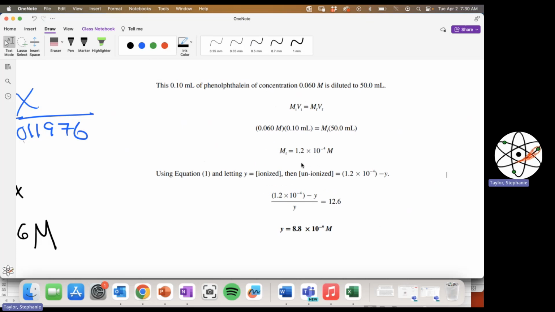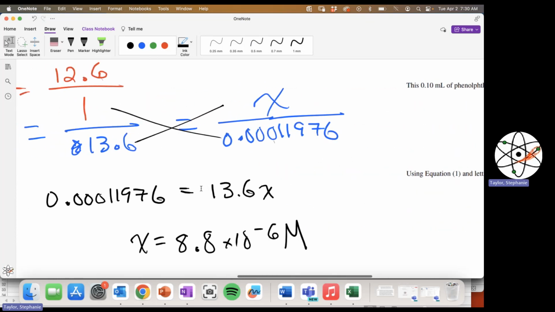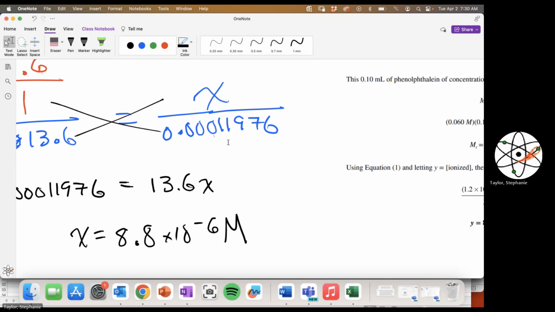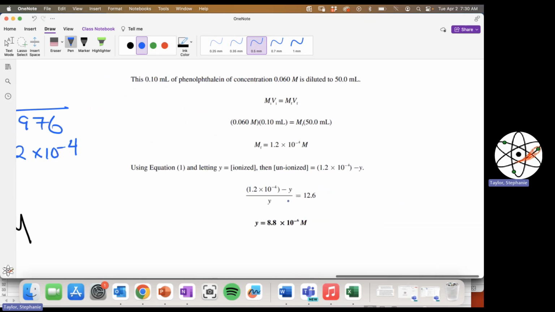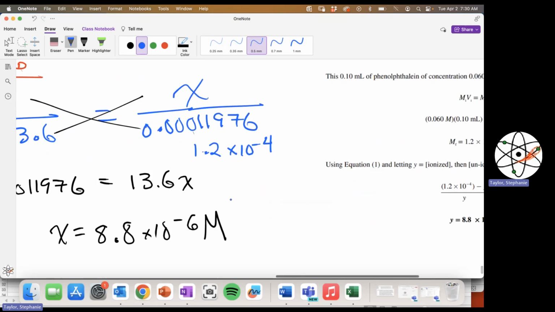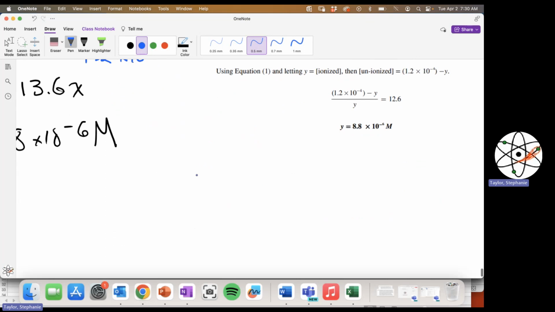And then your new molarity was 1.2 times 10 to the negative 4. Oh, I guess if I rounded, it would have been the same. So this number in blue, if I rounded, it would have been 1.2 times 10 to the negative 4. That would have been the same. And then they solved it a different way. So the mathematics that they went ahead and used was basically the same notion. I just used different logic tests essentially, because again, the total in here is the 1.2 times 10 to the negative 4. And when we talk about the ionized or the unionized